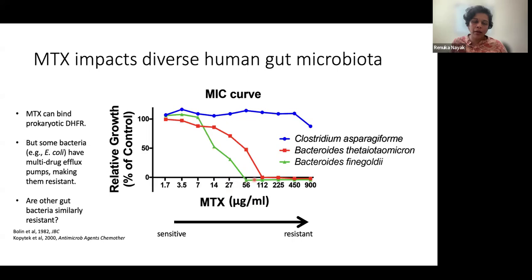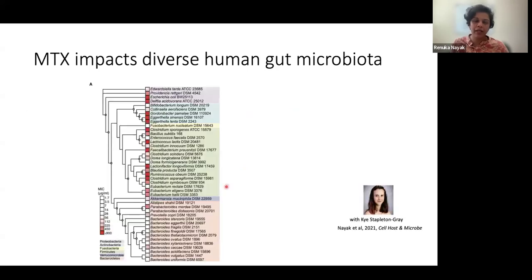And so one point I want to make here is that lower amounts of drug means that the microbes are more sensitive, right? If you need less drug to kill the microbe, it's more sensitive. So we did this again with these 45 different isolates and saw that here I'm showing the MIC as a heat map, that some microorganisms are very resistant, like C. aspergiforme, where there's no minimal inhibitory concentration, and then other microbes are pretty sensitive.